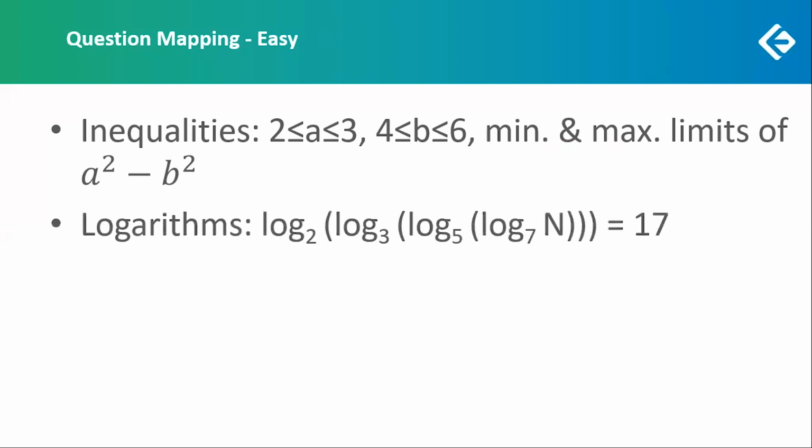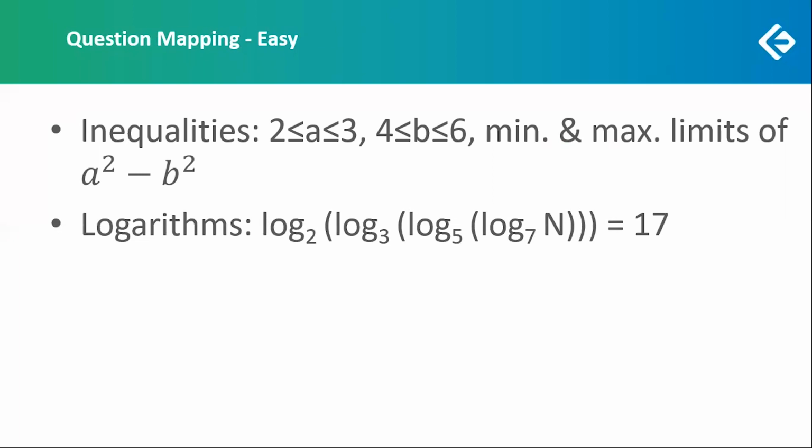Next question was from logarithm, where this particular expression was given and that was equal to 17. So here we had to find out the number of prime factors in n. We can find out the value of n by taking the antilog of this expression 4 times. When you take the antilog 4 times, you will be able to get the value of n, which comes out to be 17. And because the value of n is 17, there is only one prime factor of n,